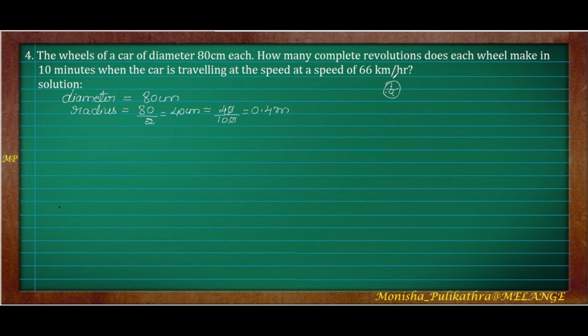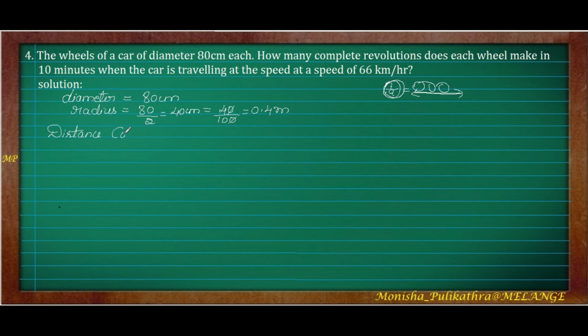Next we have to find out the distance of this wheel. Just consider the wheel. If I take the whole wheel and rip it open as a straight line, how much distance will this wheel take? Just one complete rotation of the wheel, how much distance will it take? You know the wheel is in the shape of a circle, so the entire circle, that is the circumference. So one revolution we can take as the distance.